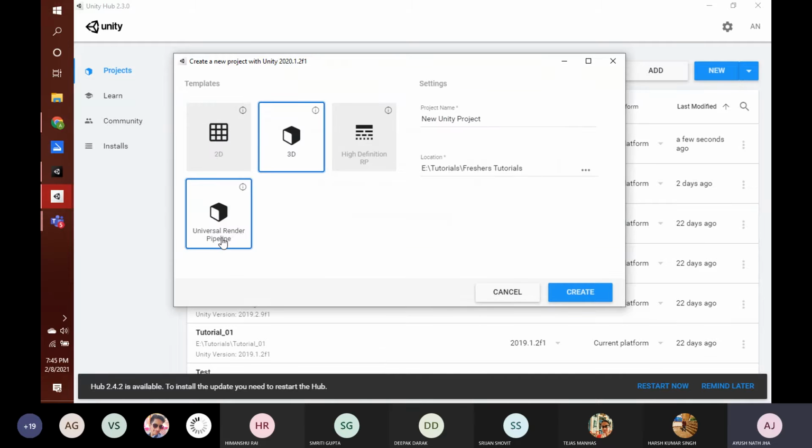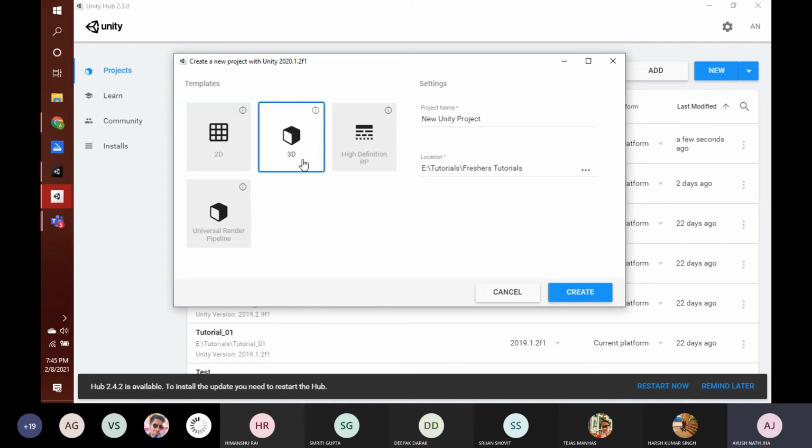And this high definition and universal render pipeline are somewhat advanced. The high definition render pipeline is for high definition games where you need to push the limits for the visuals. You need to create extraordinarily better graphics. And then we have this universal render pipeline, which is basically meant for developing better quality games which can run on any platform, like high visual games that can even run on mobiles and stuff like that.